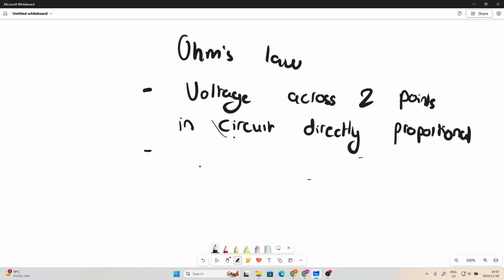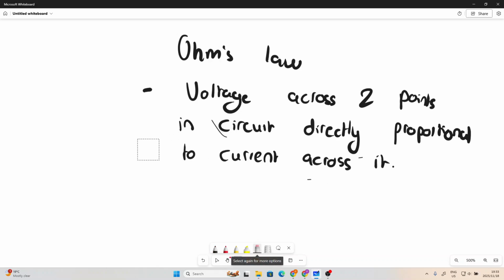Is this explaining what Ohm's law is? Yes. That's the first point, that's one mark out of three. Then the second point is the resistance